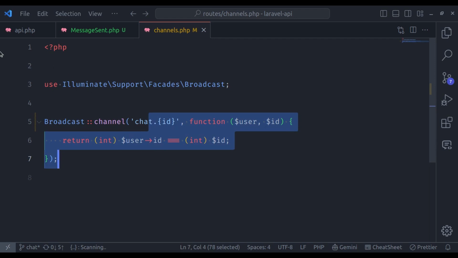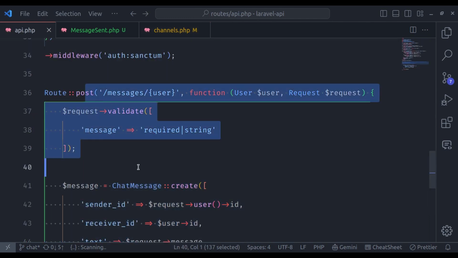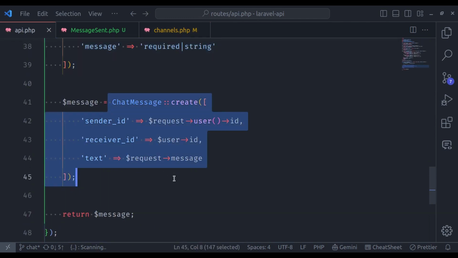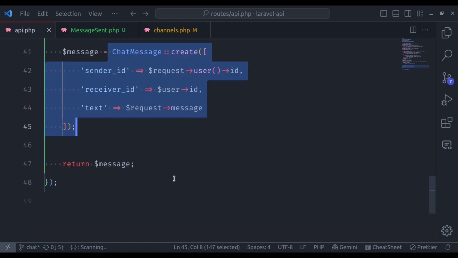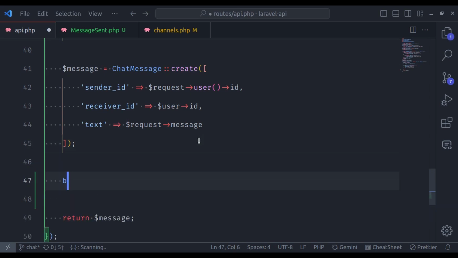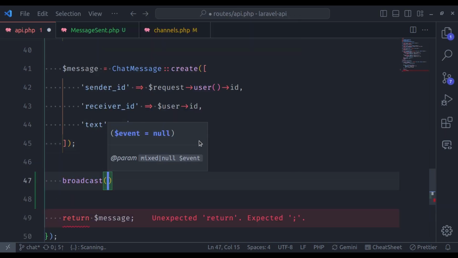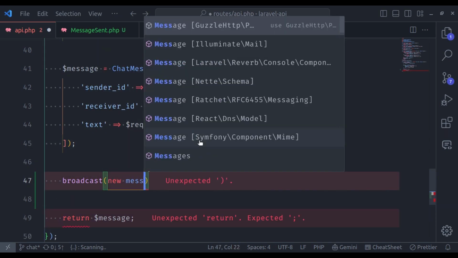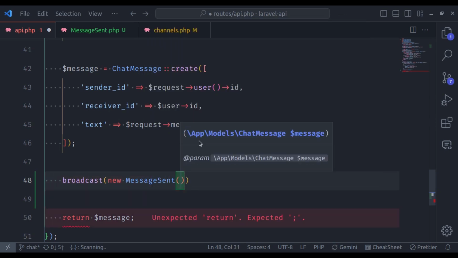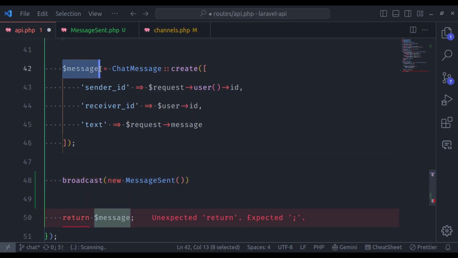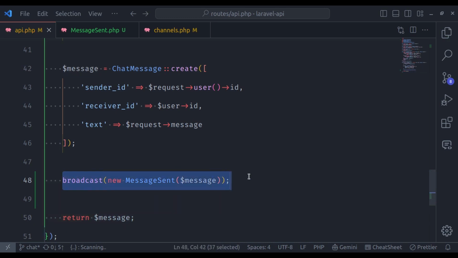Now back to the API route, and let's go to where we are saving the message. After saving the message to the database, we need to broadcast the message sent event. So here I will call the broadcast method. I will pass the new message sent event, and here we will pass this newly created message. Now that we are broadcasting messages from the Laravel app, let's move on to the Nuxt app and set up real-time